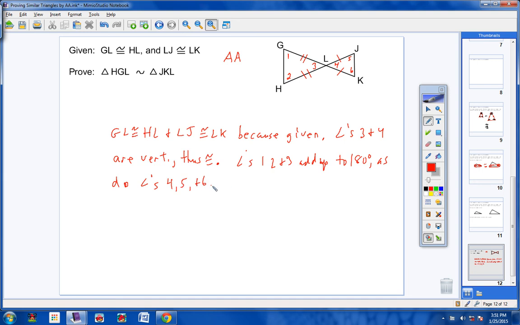Okay? Then next I would state angle 1 is congruent to angle 2, because they're opposite congruent sides. Now I would put as are angles